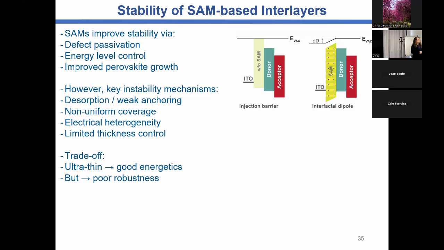However, we have these instability mechanisms that could be one issue that you could work on. For instance, disruption or weak anchoring of the self-assembled monolayer, non-uniform coverage, not in terms of energy alignment, but in terms of process, electrical heterogeneity, and